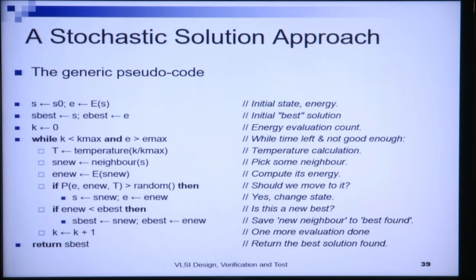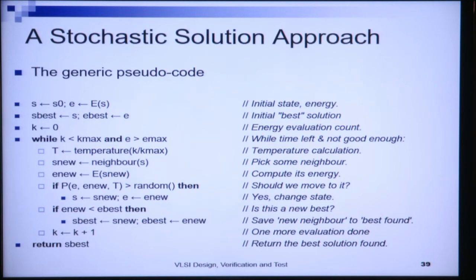Now initially, because S is the only solution that I have, it's the only merging, and E is the only cost that I have, the current best state and the current best cost is S and E. So I allocate S best equals S, and E best, that is area cost, equals E. So the initial best cost solution is noted here. Now we have an energy evaluation count. Basically this is a counter of how many iterations the algorithm will move through.